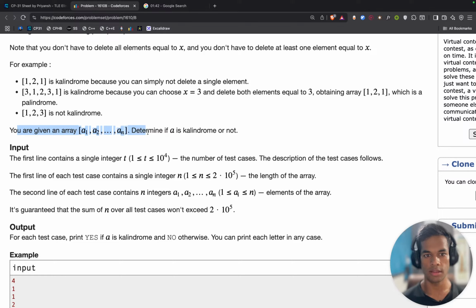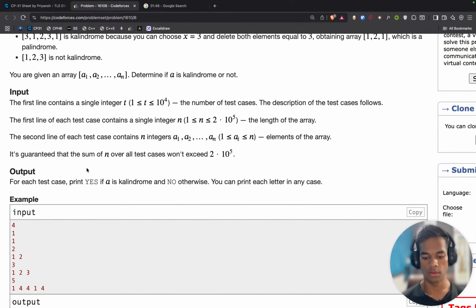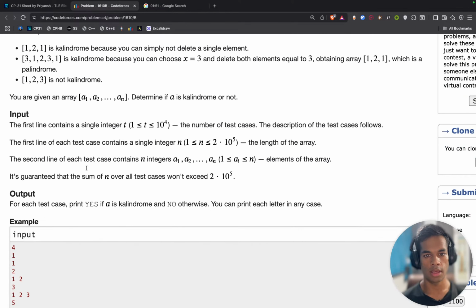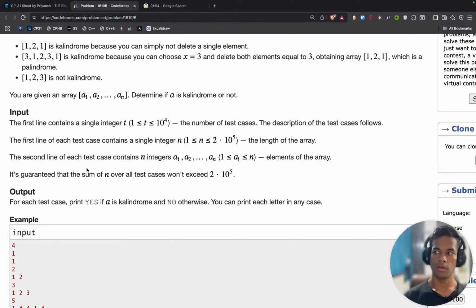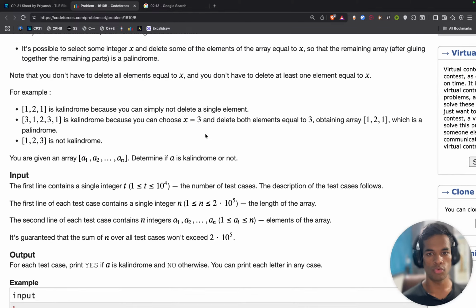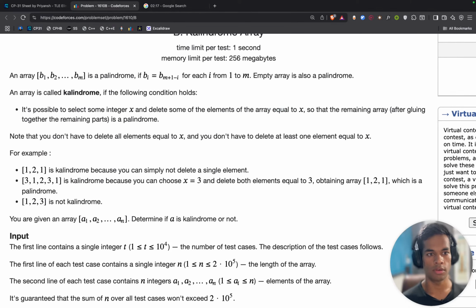You are given an array A. Determine if A is a kaleidoscope or not. Okay, which means I can remove one number. The whole array has to be a palindrome. So I can start an iterator from the start and from the end, and I can choose only one number at a time equal to x.